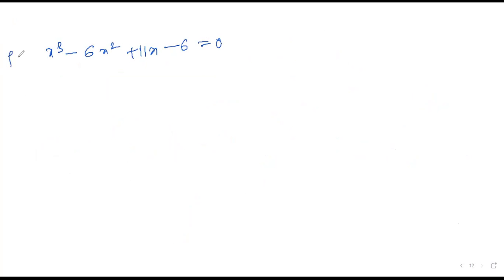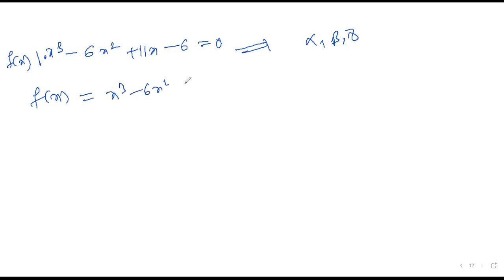So this is the f(x) question. What are the roots? How many roots here? Three roots: alpha, beta, gamma. I think we know the second order equation procedure, but for the third order equation we don't know the procedure. Am I clear? Yes, sir. By using the remainder theorem, first we need to find one root by making assumptions. 11x − 6. First you substitute values anywhere; you need to use the trial and error method.